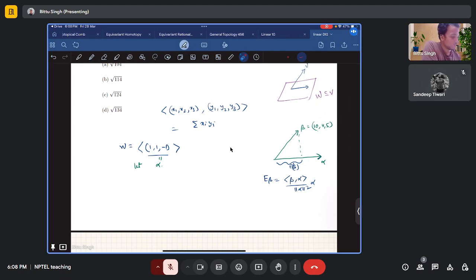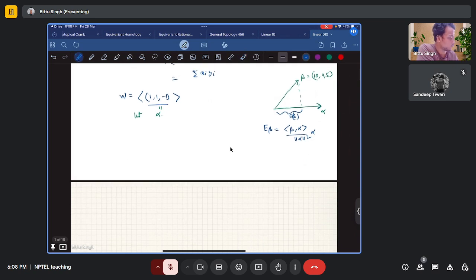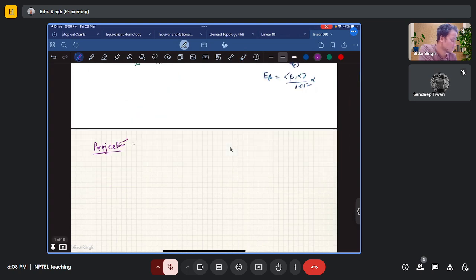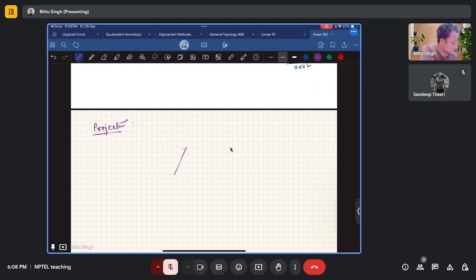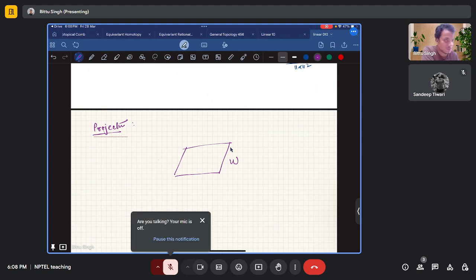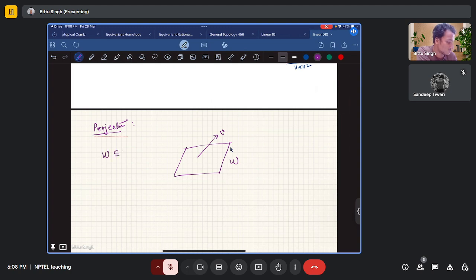So let me define projection. It will be more convenient. Suppose W is the subspace. This is W. Here I have drawn a two-dimensional subspace. It is generated by two vectors. Now, given another vector V, so W is a subspace of the given vector space V. So what is the projection? Projection is a vector in W such that,